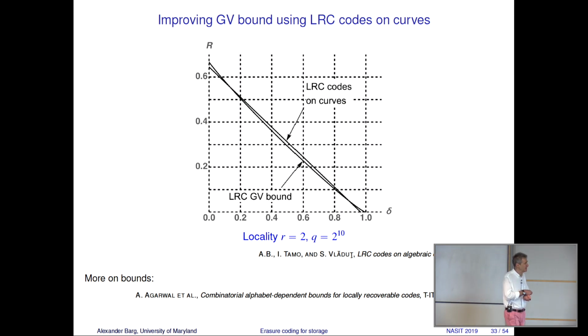So this develops in parallel to standard results in coding theory before locality came about. And there is more on that in the work of Abhishek Agarwal and co-authors, which is from last year. So you can now start looking at bounds instead of looking at codes. It is always easier to look at numbers than at real objects, because who knows if the objects exist? You still can argue about the numbers, right? So bounds is an easier path to follow compared to the constructions.